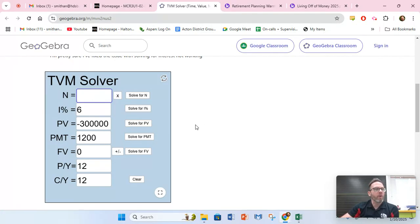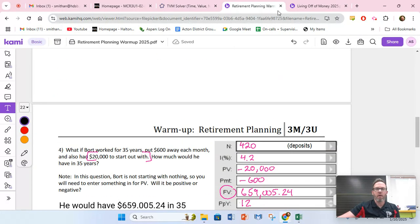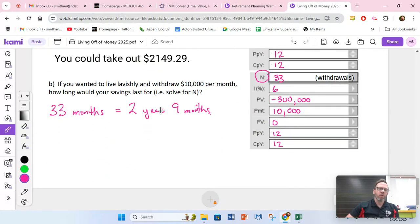But I mean, isn't that kind of weird though? It's not like all the signs are correct. We have $300,000. We're taking out $1,200 a month. Why is it giving us an error? Shouldn't our money last? Well, can you guys actually find out what's 6% of, I'm just going to do this in the margins here. You guys, this is just as an aside. We've all done the note. But what is